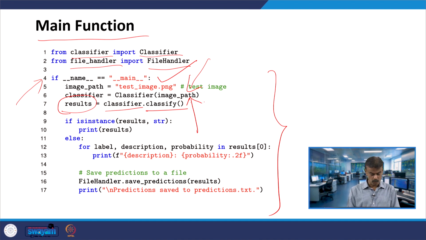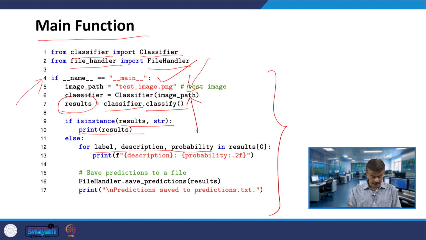Now here you have an if statement: if isinstance(results, str), that means if the results are a string, then it prints the string directly. Otherwise, it assumes a tuple of three items: label, description and probability.